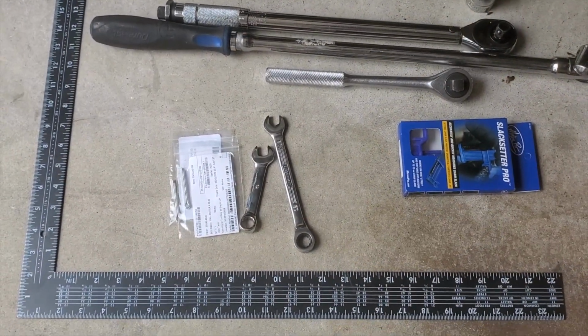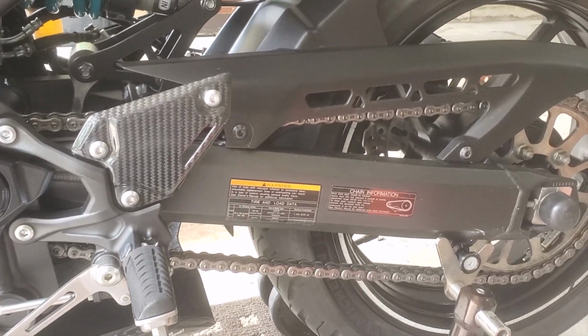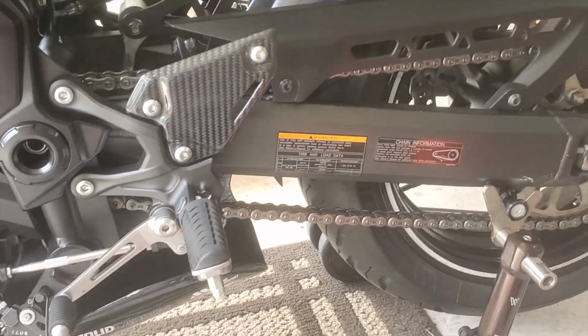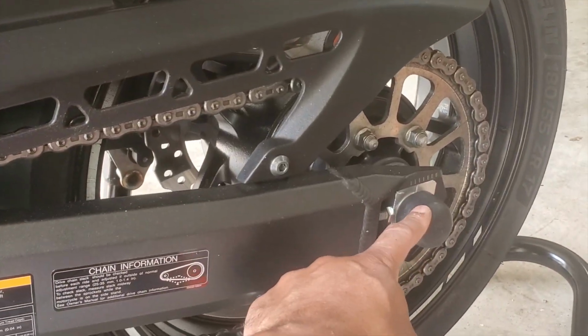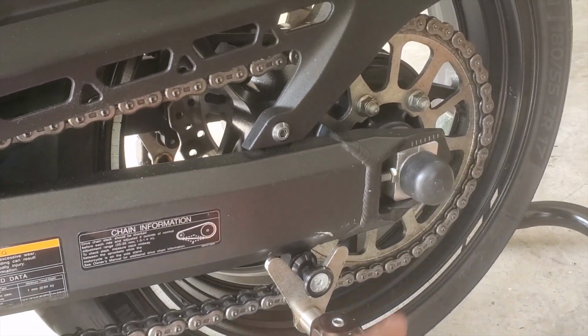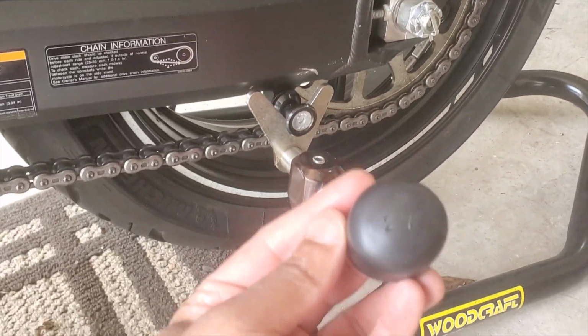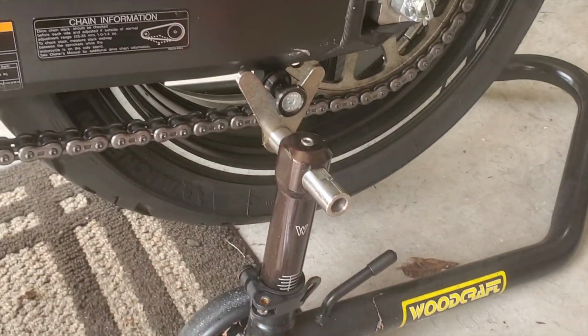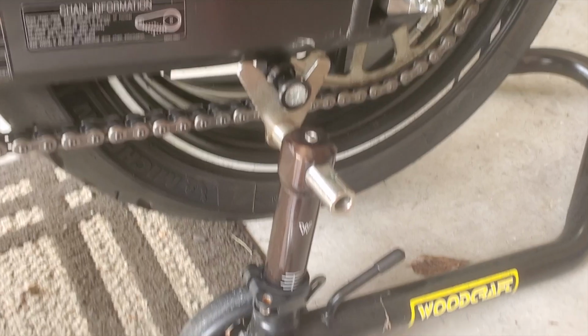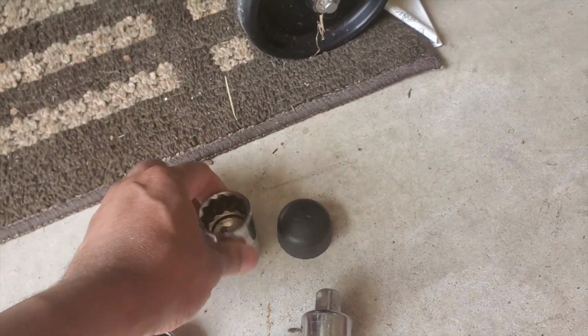So before jumping right in, just a quick overview of what you need to set your chain slack. There's going to be a nut that needs to come off here. Kawasaki was nice enough to tell you the size on this cap. If you take this little cap off, you see it has 27. So we'll use a 27 millimeter